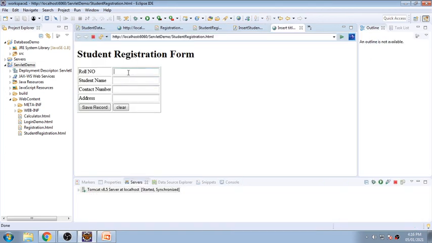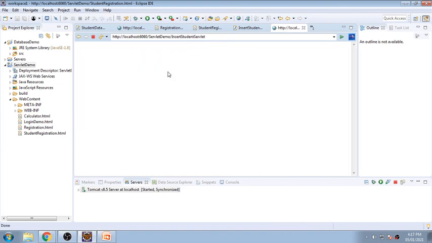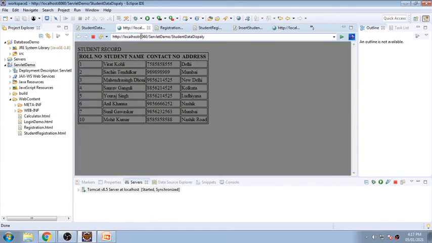Roll number 20, suppose we call it Sushil Kumar, with a mobile number and address like Pune, Satara Road, and we'll click on the save button. Actually it should get displayed.